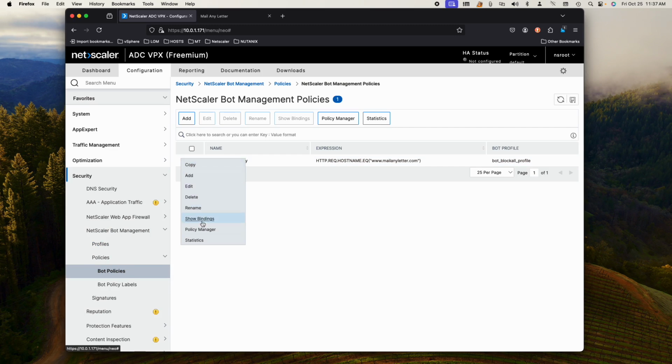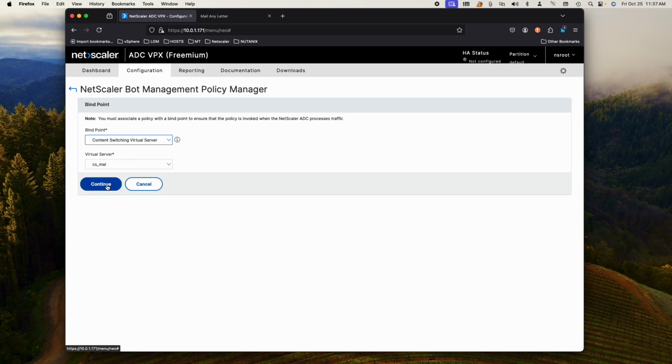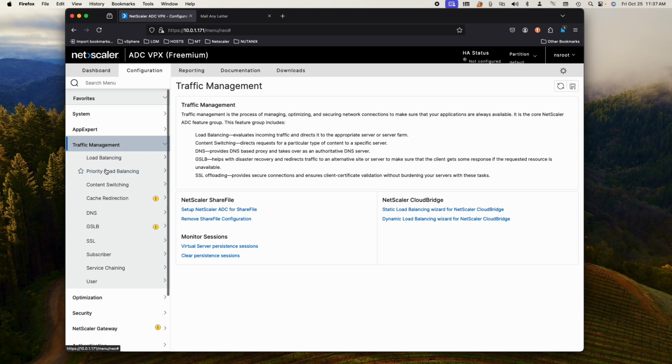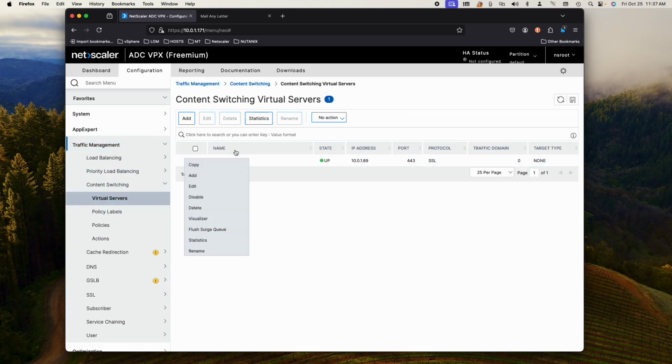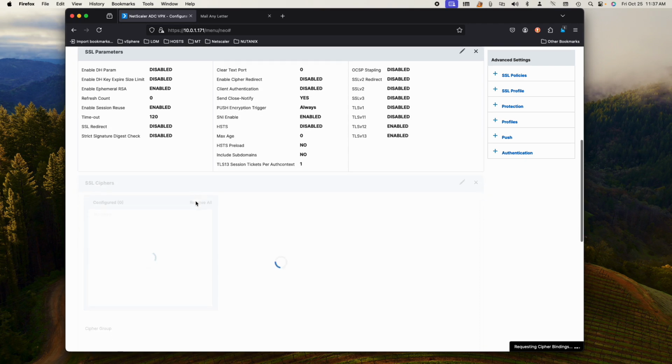Now you have to bind this in Policy Manager. Again, you're going to go Policy Manager, Content Switch, or wherever you want to bind it. Pick the content virtual switch and bind it there. So that's where it's bound. If we go look at my traffic management, content switching, virtual server, let's look at what's bound here. Edit. You can see that